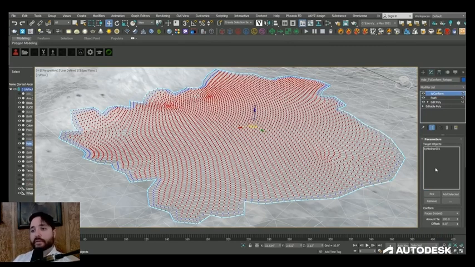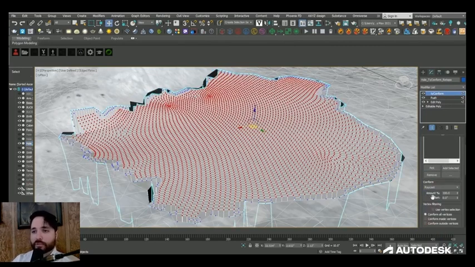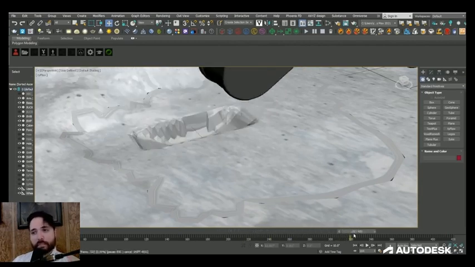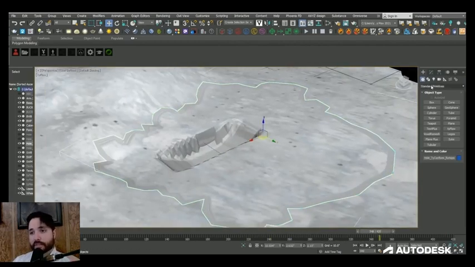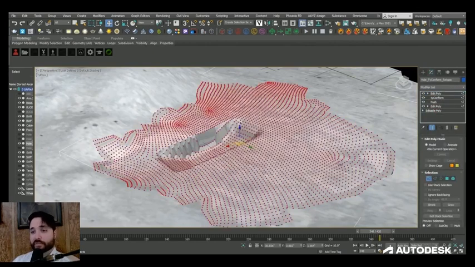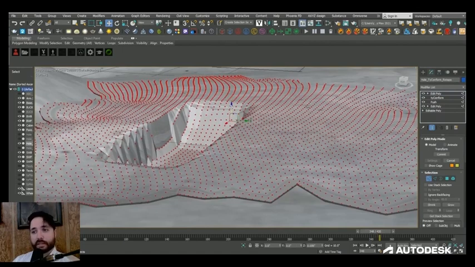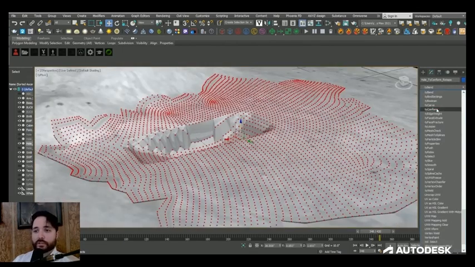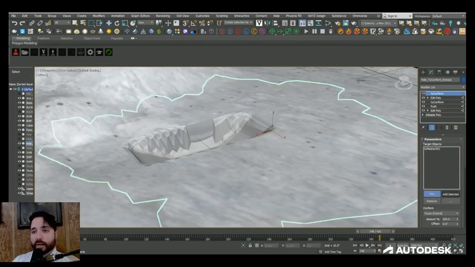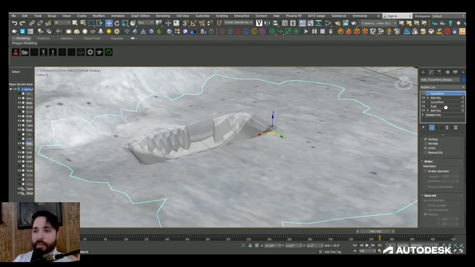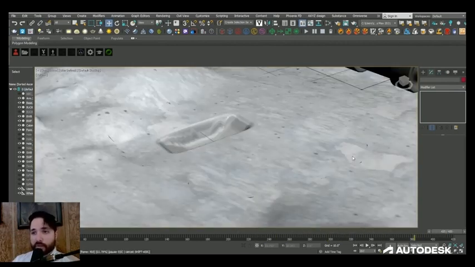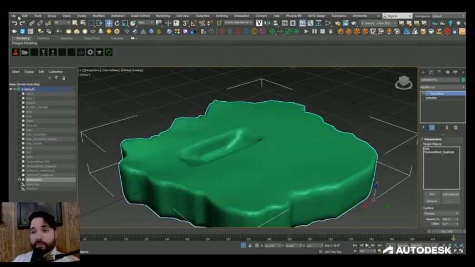I then added another TyConform mesh on top, and I used ray casting to marry it back down to the original ground surface. I made sure to check off the UV settings because I wanted that original UV to pass to our ground mesh and transfer. I finally added the last TyConform modifier on top to remove any UV errors that were occurring, and finally a turbo smooth modifier so that I could smooth out the final mesh. This mesh was then ready to export as an Alembic file, which would save and record all the deformations and